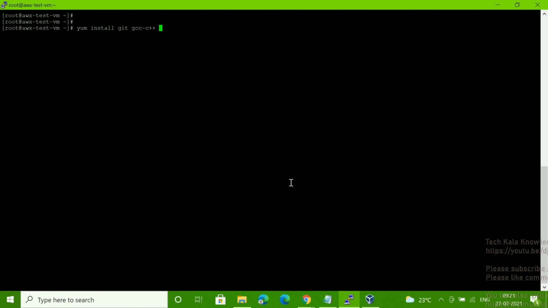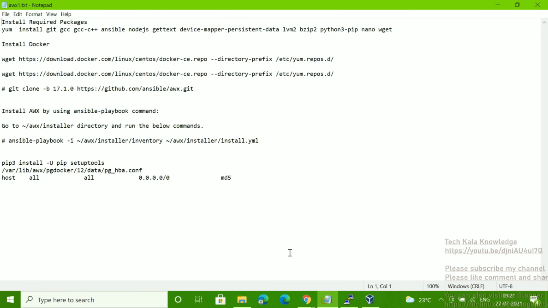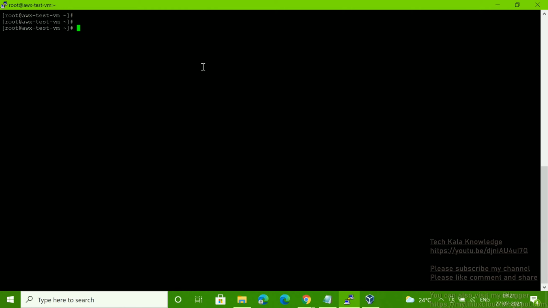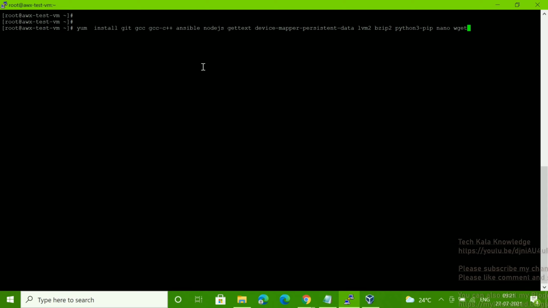or else let me do one thing. I have this command in my notepad. Let me copy paste because it's taking time. I will give this command in my video description. Yeah, so these are the required packages you have to install. Okay, so yum install git gcc -c++, Ansible,